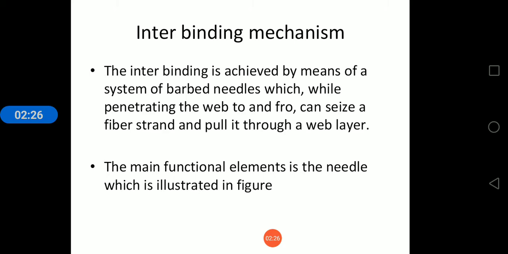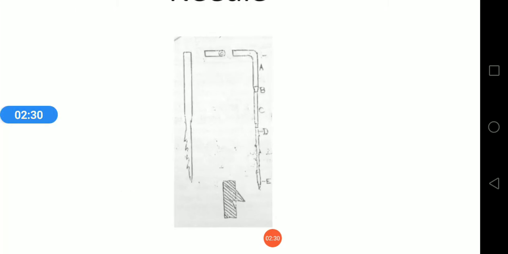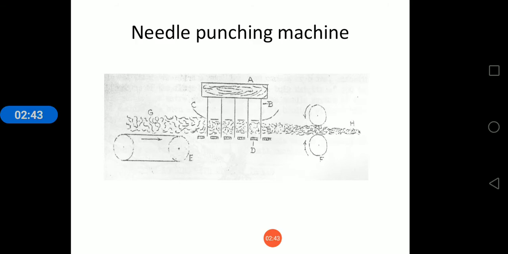The main function of needle punching is shown in the figure. In this you will see the parts of needle punching. Needles are there, A, B, C, D. By the edge of the nib of the needles only, the needle punching technique appears. This is the conveyor belt E. The fibers pass through the conveyor belts, and A is called the needle